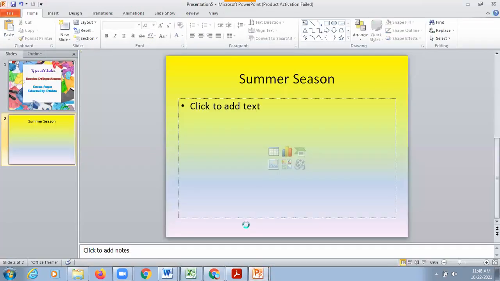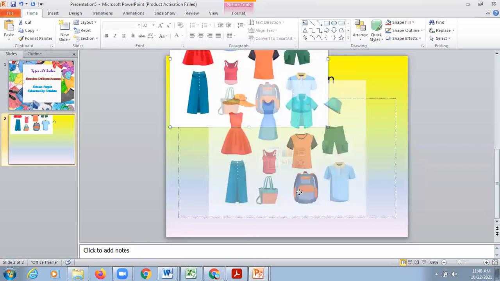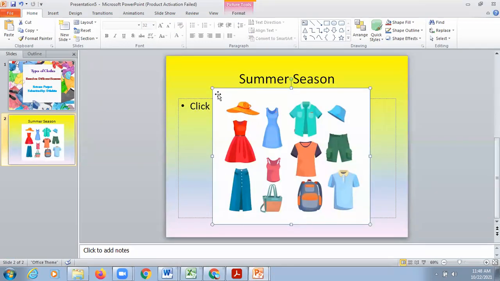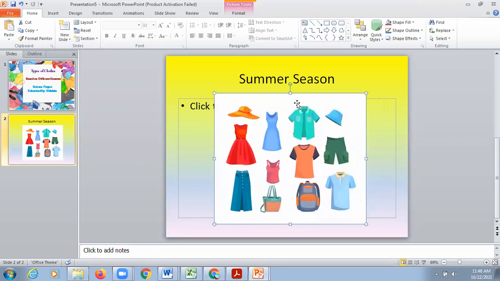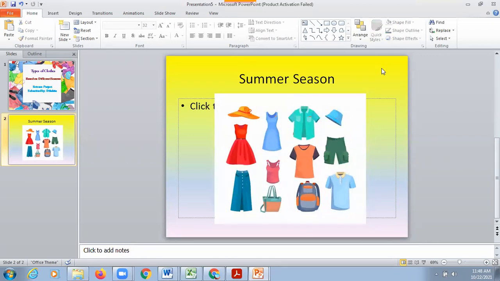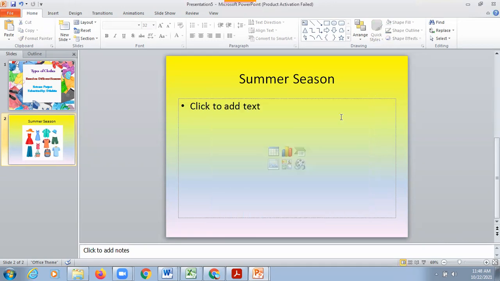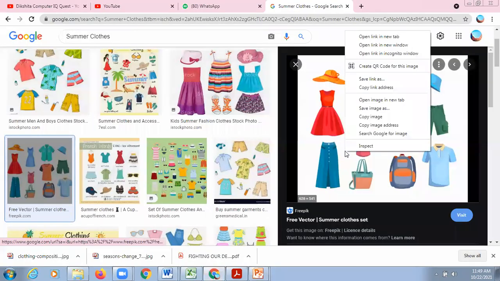Control plus V. This is one way. And the other way is same as I have shown you earlier. आप पहले picture को save करोगे and then it will appear in your slide. ठीक है. You can insert it as a picture. तो अभी इसको वैसे second way से भी करके देखते हैं. Right click, save image,